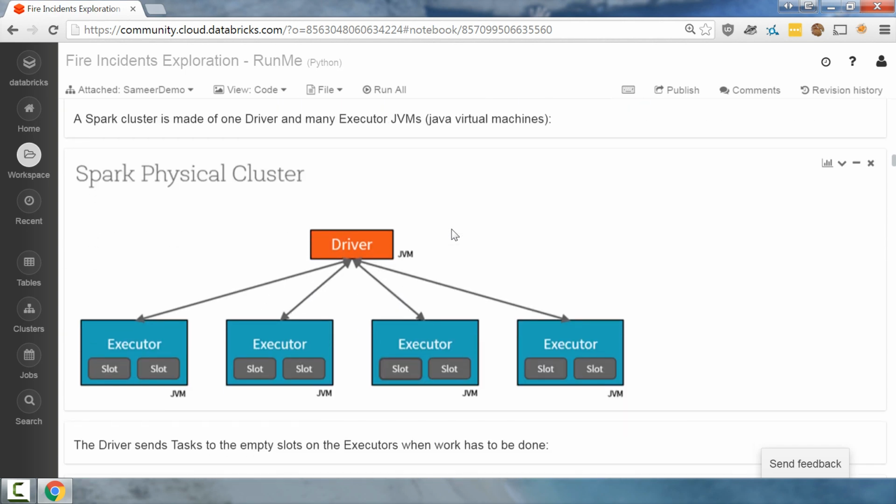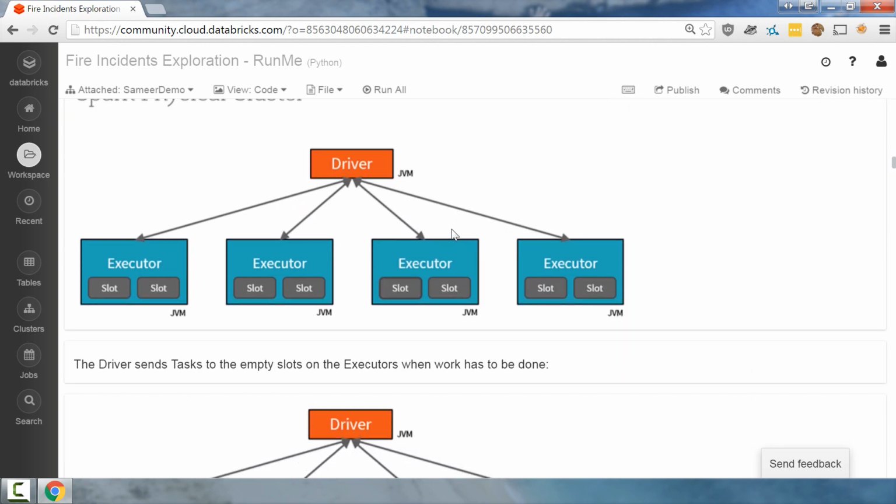So here's what a Spark cluster looks like. A distributed Spark cluster has a bunch of JVMs. There's a driver JVM and a bunch of executor JVMs. You can have hundreds of executor JVMs, but you'll always have just one driver JVM. The driver JVM is kind of like the head of your Spark cluster. It does scheduling, and